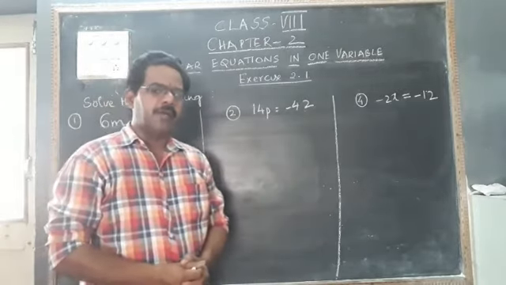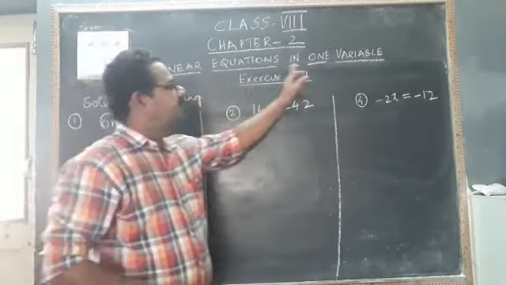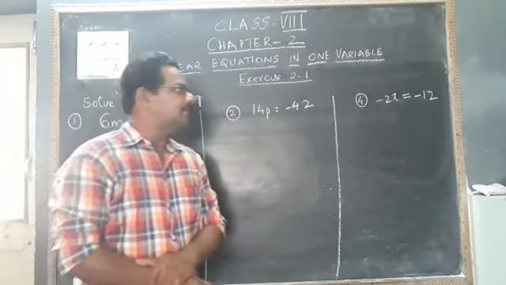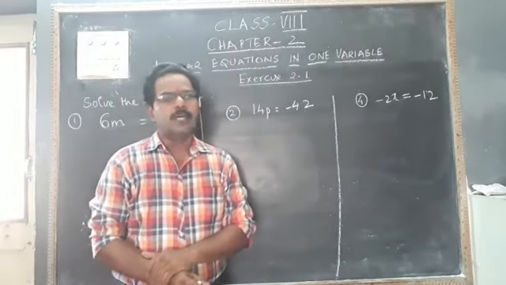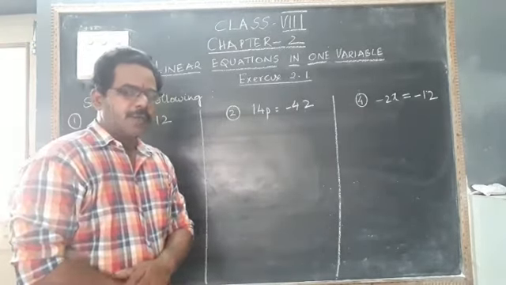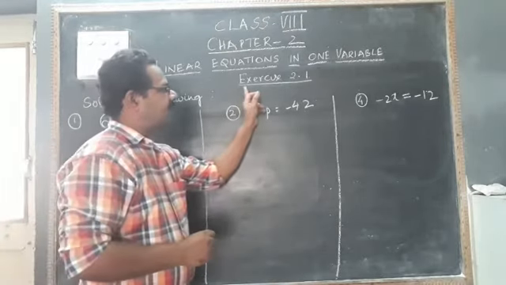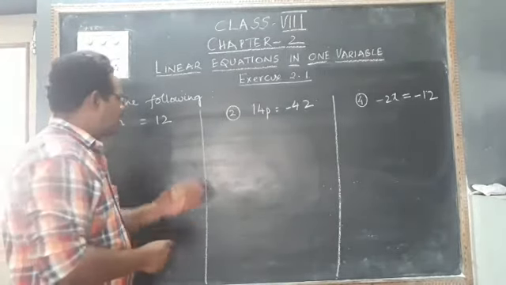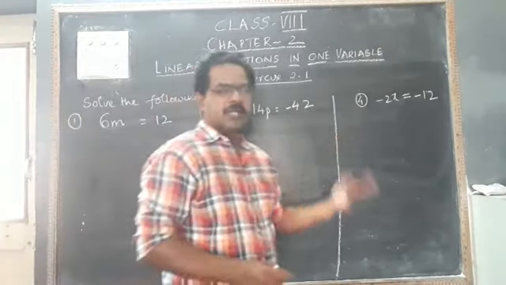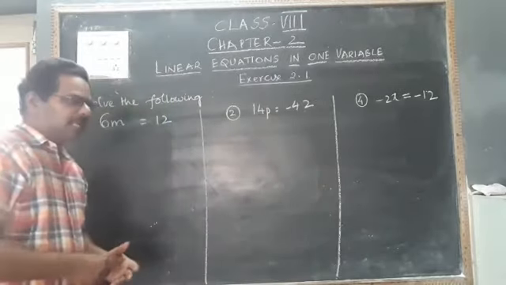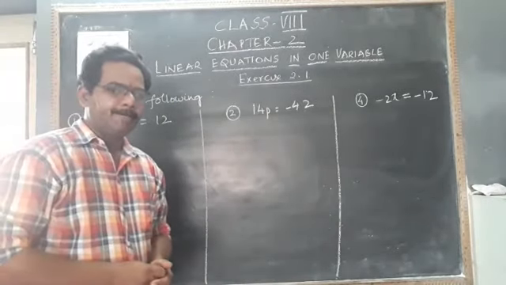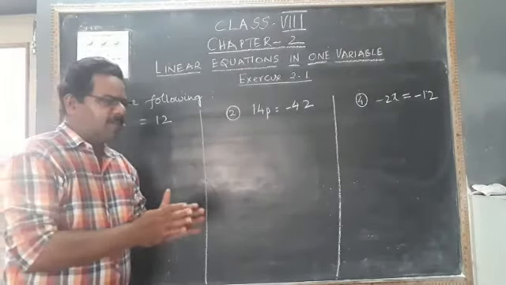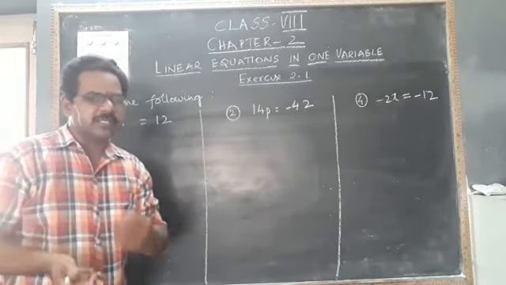In the first video of this chapter, linear equations in one variable, we discussed what is meant by a linear equation, and what is meant by a linear equation in one variable and in two variables. For that application, here they have given an exercise, exercise 2.1. In this exercise, they asked us to find the value of these, that means solve the following. Totally they have given nearly 10 or 15 sums, but alternate sums I will explain on the board. Remaining sums are the same model, you try yourself, otherwise we shall discuss again.